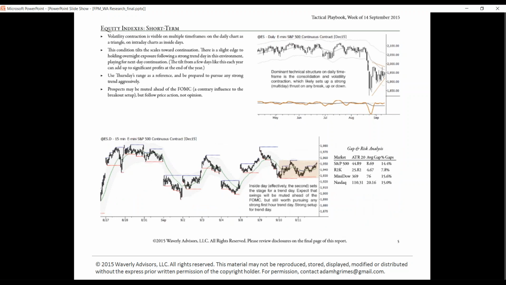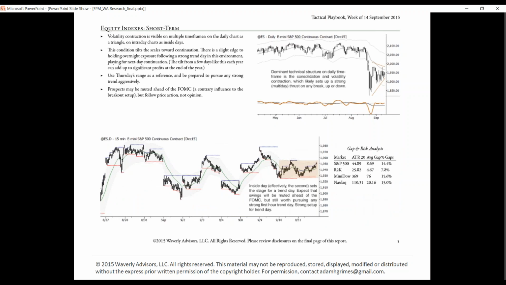Here's an example of what we give every day: a short-term setup for intraday traders trading U.S. stock indexes. These can certainly be adapted. We have traders who adapt these to other world indexes. We're trying to characterize the market environment. Is this going to be a day that is likely to reward aggressive application of risk?